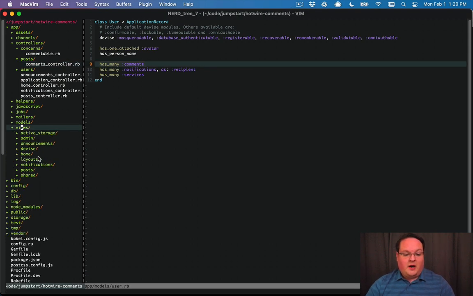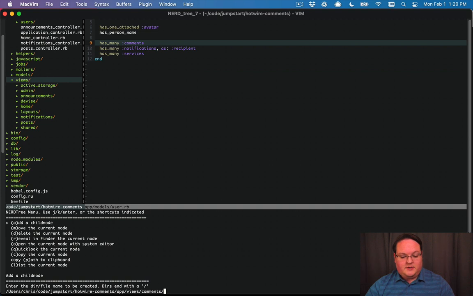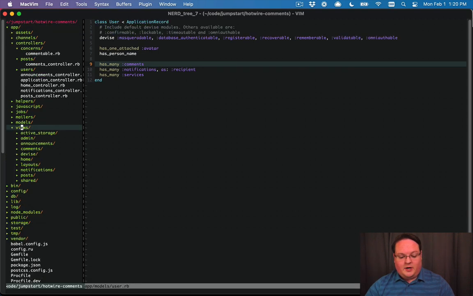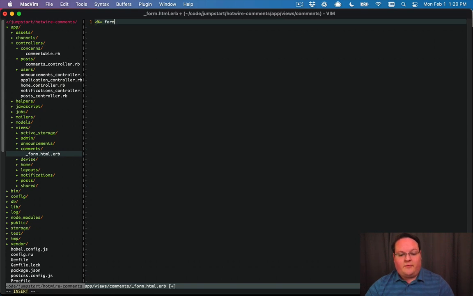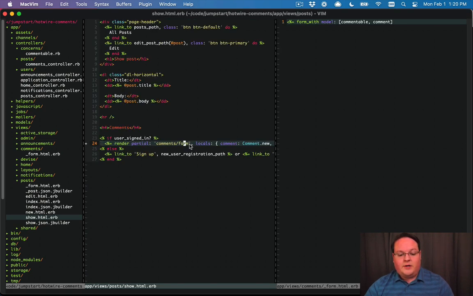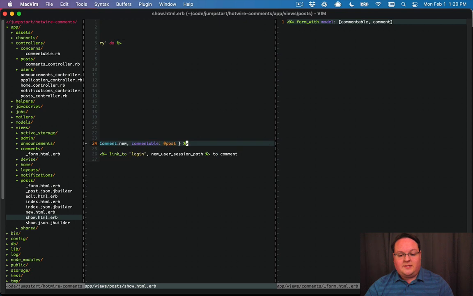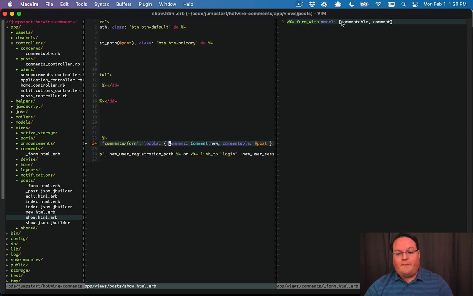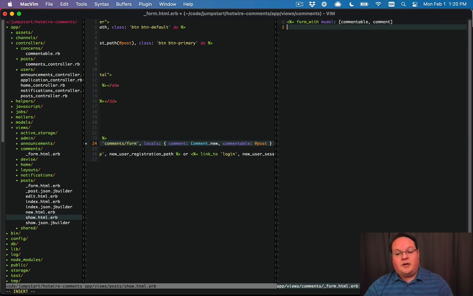Now we can go into our app views folder and add our comments form.html.erb, and inside of comments form we are going to have a form with a model. This is going to be our commentable that we passed in as an argument from our view. So let me pull that up real fast. Our post show renders this partial with the comment and the commentable as post. So if we say model is commentable and that being a post, then this is going to generate a form